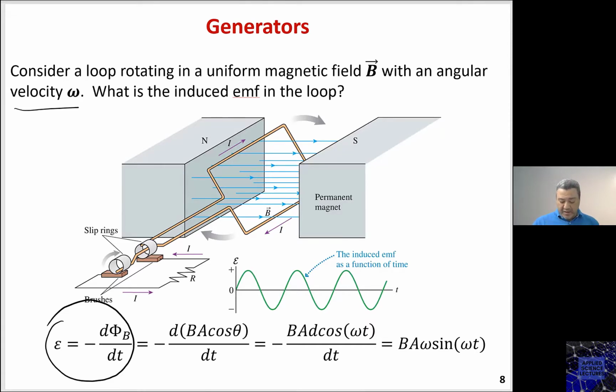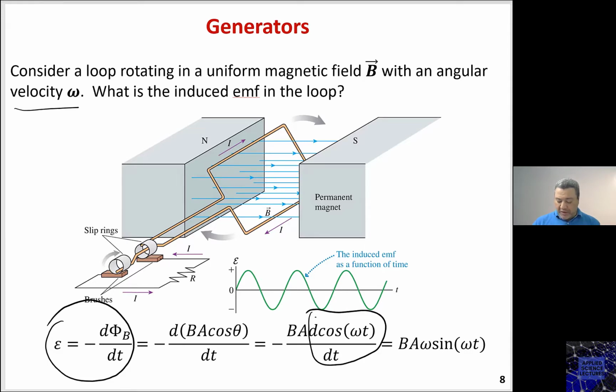Since it's a rotational motion, then BA cosine theta. The area is constant, the B is uniform, then I would be applying my derivative here